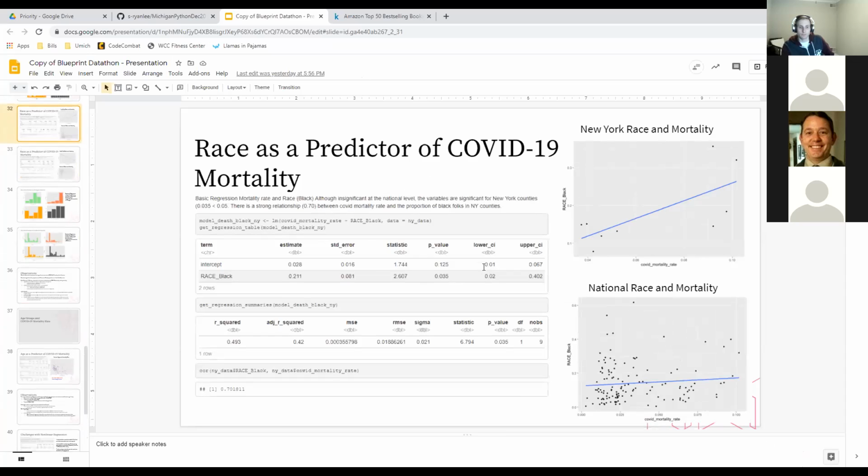I think it's important to look at this data, but also to acknowledge that there are quite a few limitations that most COVID data has. That being said, even though we have these limitations, I still think it's important to